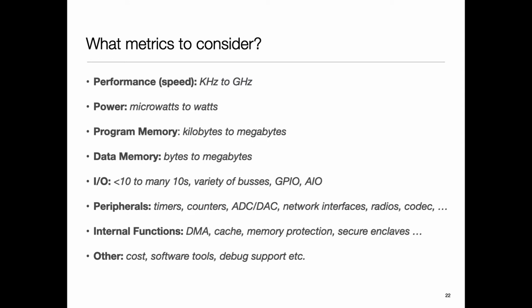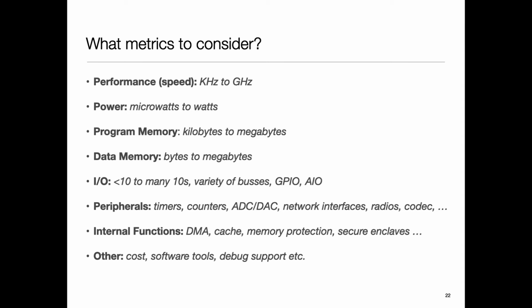Okay, so when you are picking something like your MCU, it's not like there is one metric that you have to consider. There are a whole bunch of things that you'll have to take into account. If you look at speed, you'll find that there are things which run at kilohertz, designed for super low end or very low power, perhaps being implanted. You need picowatts of power consumption kind of things, and stuff which are running at a few gigahertz, a huge range.